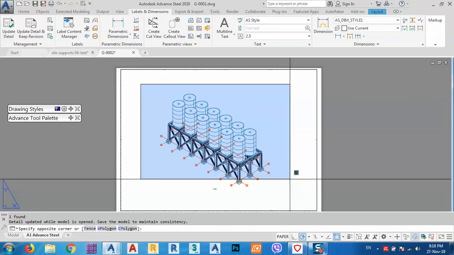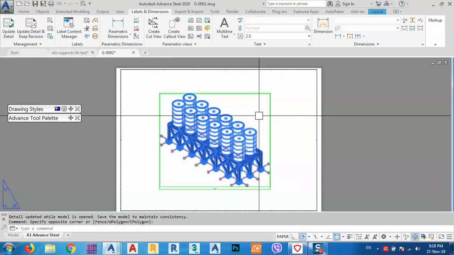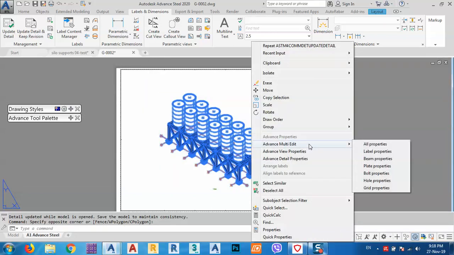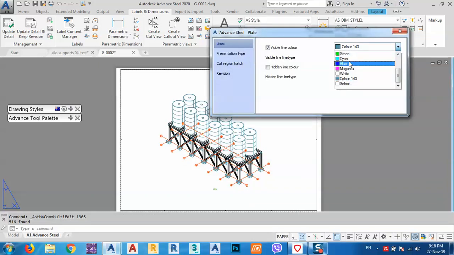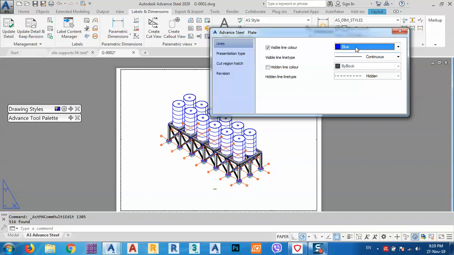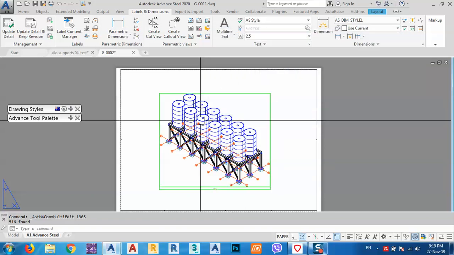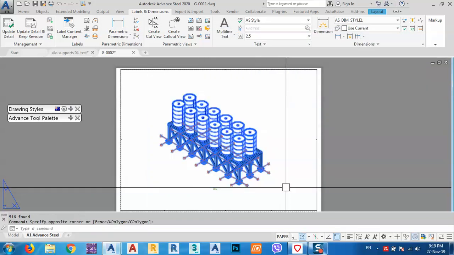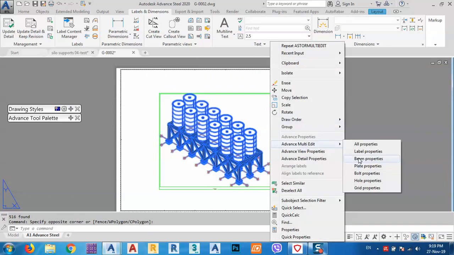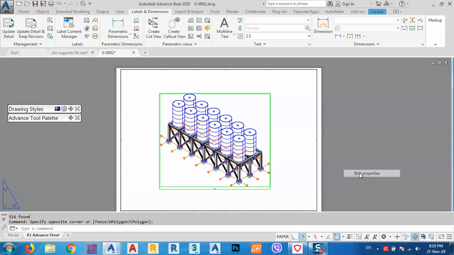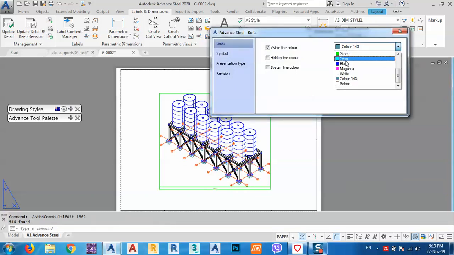Now I want to change the color of the elements, so right click, advanced multi-edit, this time plate properties. I want to change the color to blue. Another time, this time bolt properties, I want to make it red. You see,